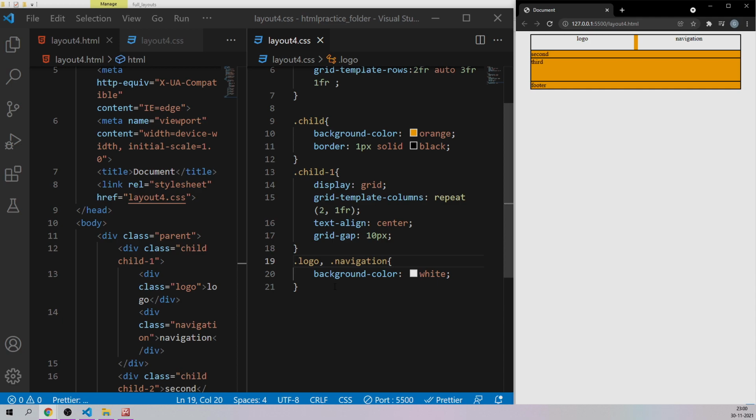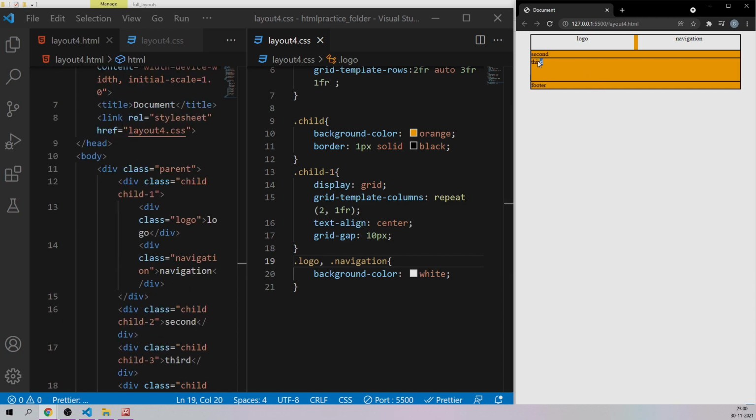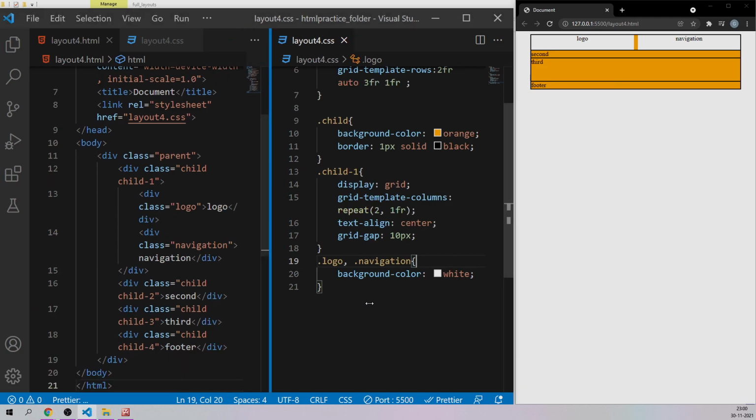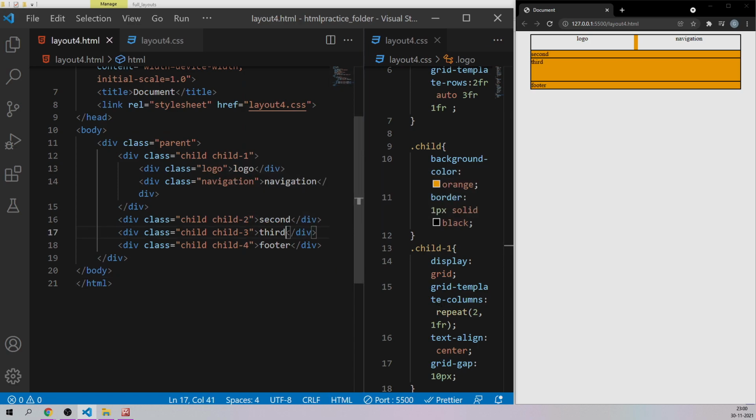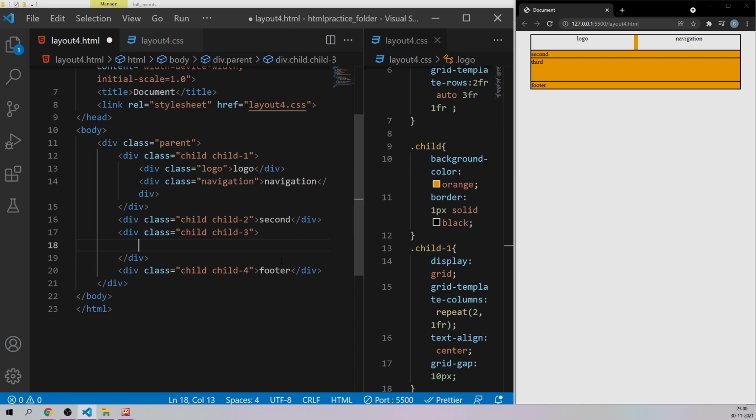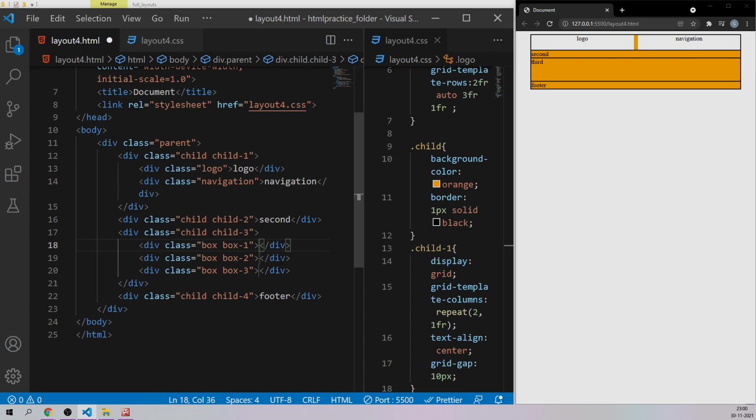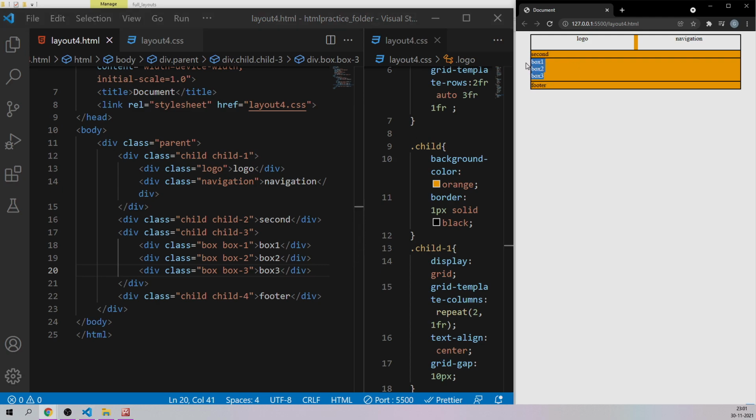Now let's come to the third section. The third section has only 3 boxes, so let us do that first. Let me come to our HTML code, and where 3 is written, I'm just simply going to remove this. I want 3 boxes over there. So let me say dot box, then again dot box-$ times 3. So it is going to give me 3 divisions. So let me say box 1 over here, box 2, as well as box 3. Let me just save it, and as you can see, we have 3 boxes here right now.